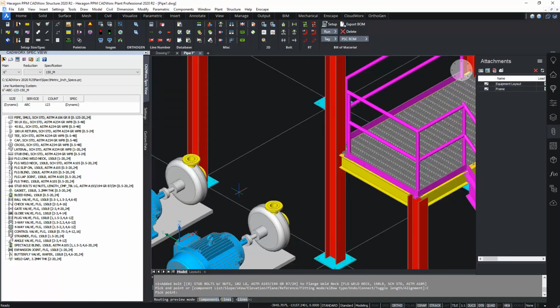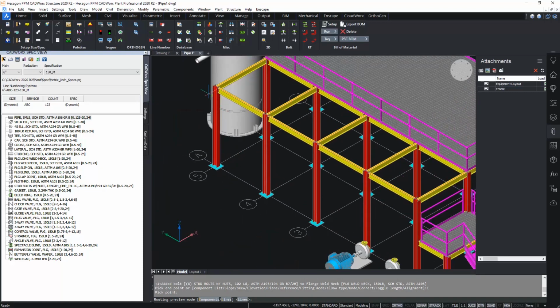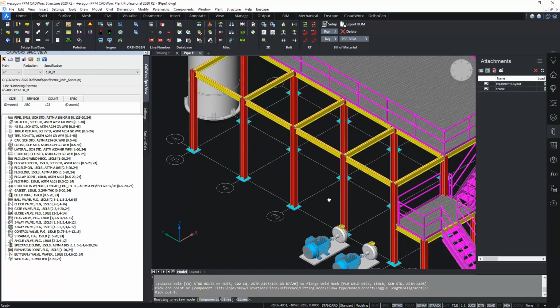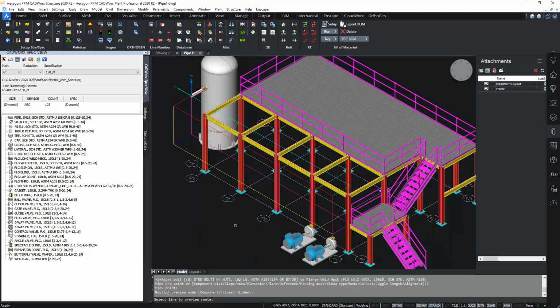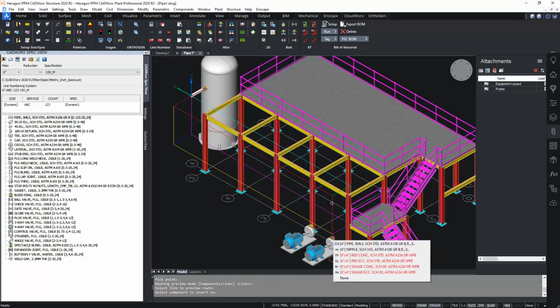CADWorx then will create a box between our start point, which is the end of the pipe here, and our end point, the pump nozzle. Any edge of that box is a viable route, and I can choose to preview the routes either via components or by lines. I'll choose lines here, which I think makes it a little clearer as to what's happening, and we see different routes provided along the edges of the box connecting the 2 points. Any edge of that box, any of the coloured routes, is a suitable option,